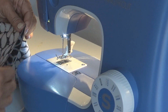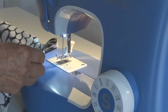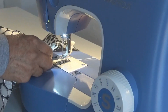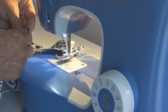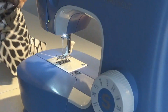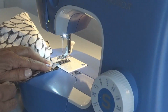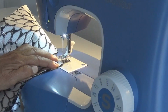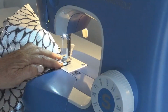We're gonna take the part from the underarm so we can put it together with the back part, the two pieces, and we continue with the 5/8. Alrighty, continuamos con 5/8 de costura,